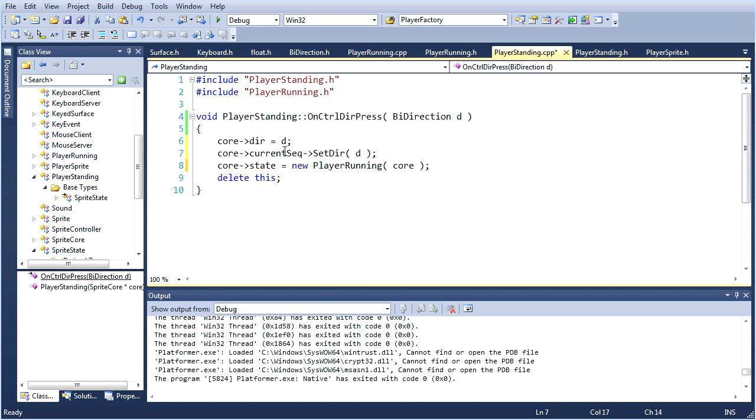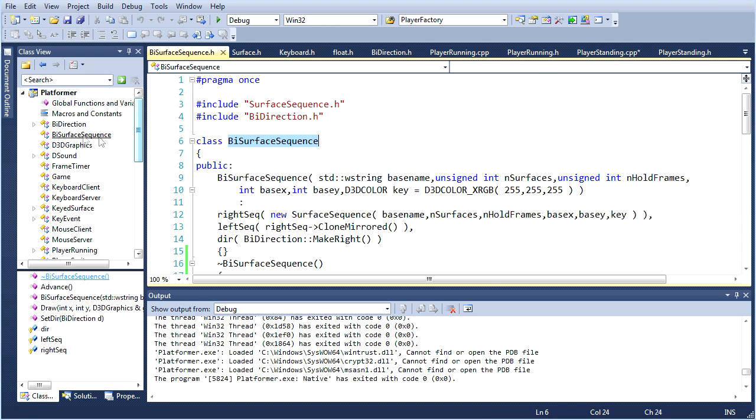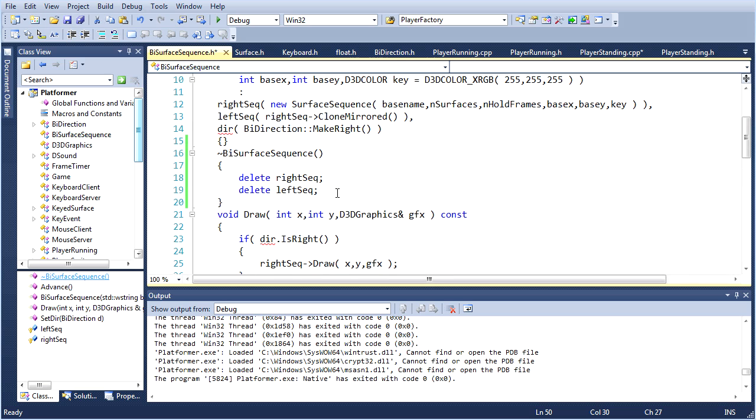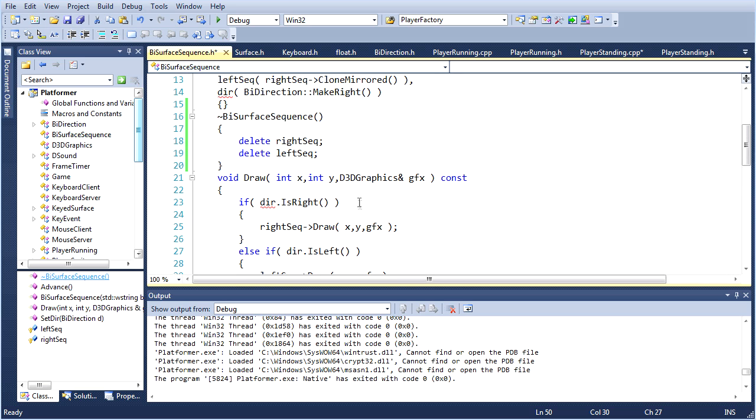So what we're going to do to solve all of our problems in the whole universe and appease the gods of state is we are going to change the way that bidirectional surface sequence works. We're not going to remember the direction inside of here. That was a bad idea. That was the bad touch, and I apologize. What we're going to do is we're going to pass